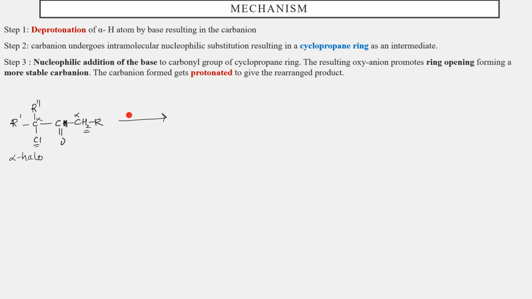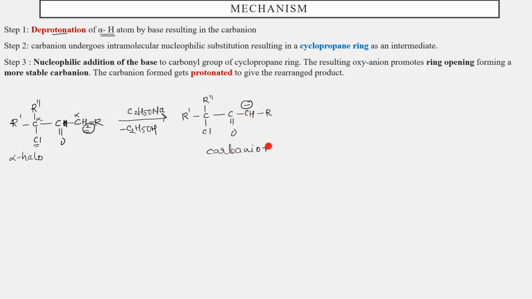Now let's take a base. Let's take an ethoxide. What will the base do? The base will abstract a proton. Which proton is it going to abstract? The alpha proton. So this H it is going to abstract. So you will get C2H5OH. Now let's write the product that you get after abstraction of the proton. Here the proton is abstracted, so you get a pair of electrons and a negative charge. This is nothing but a carbanion.